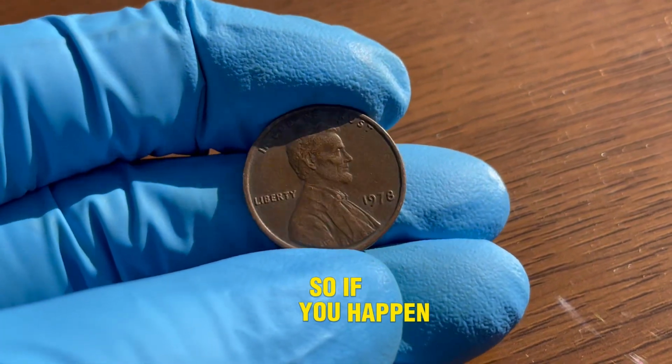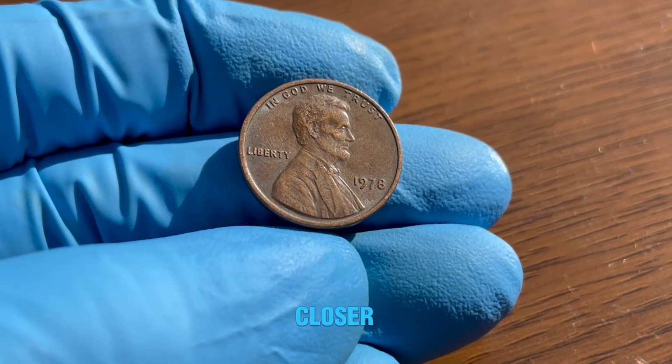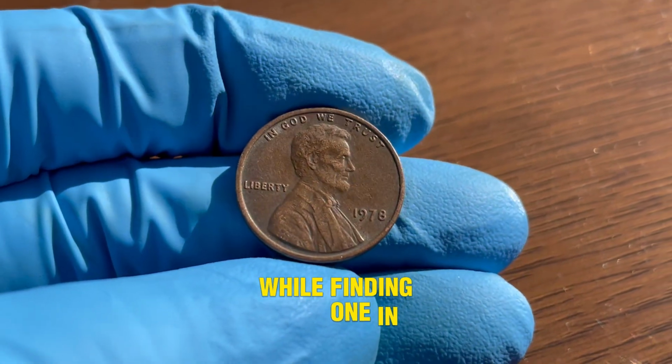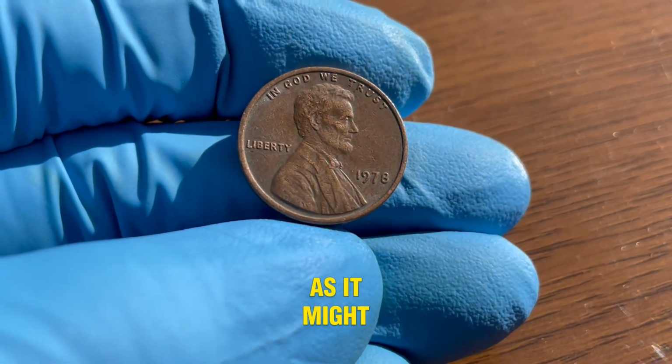So, if you happen to have a 1978 Lincoln penny in your collection, take a closer look. Is it a no-mint mark version? While finding one in perfect condition is rare, it could be worth checking, as it might just be your ticket